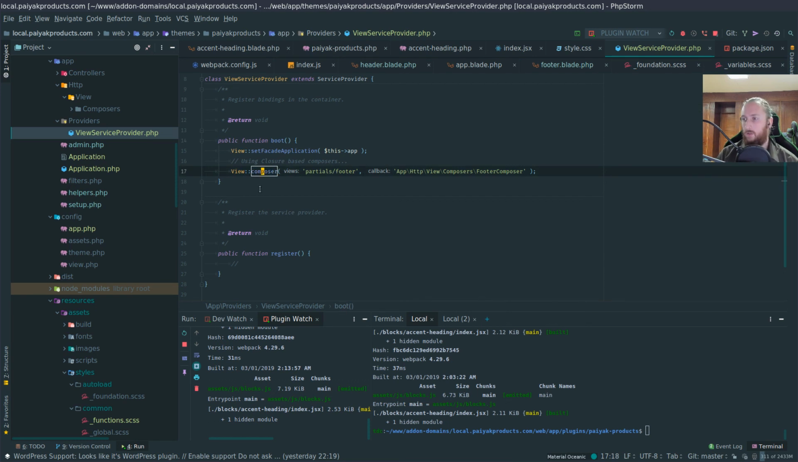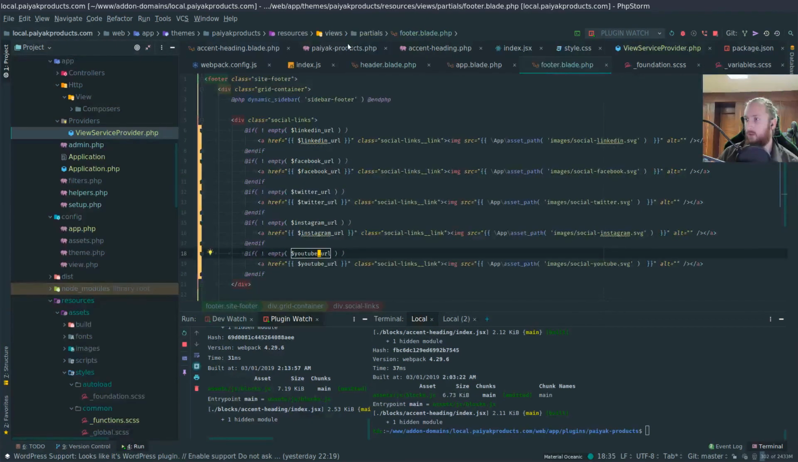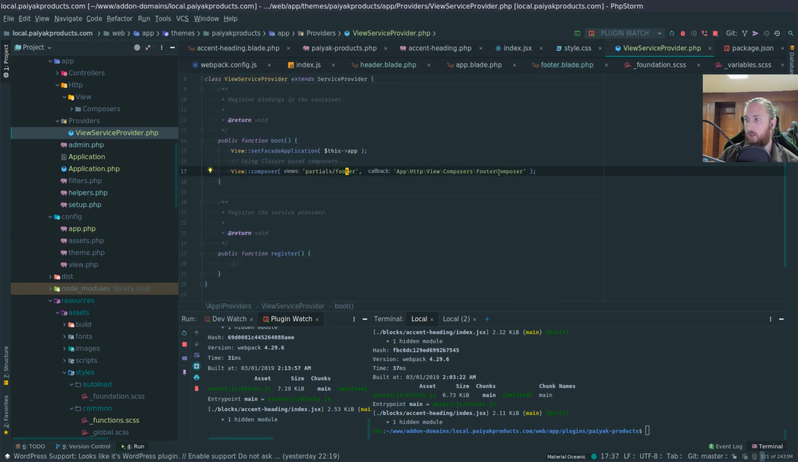say that some views need to be composed through a specific class or function, whatever. In this case, I'm saying that whenever the footer template, this one right here, partials footer, whenever that one is being rendered, I want it to go through my footer composer first,